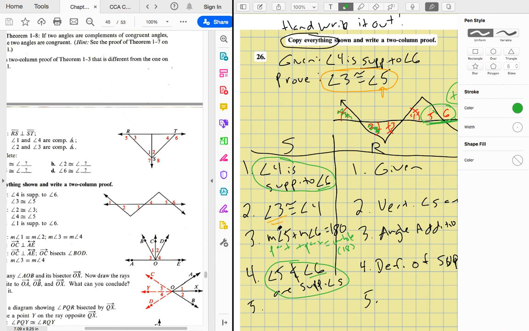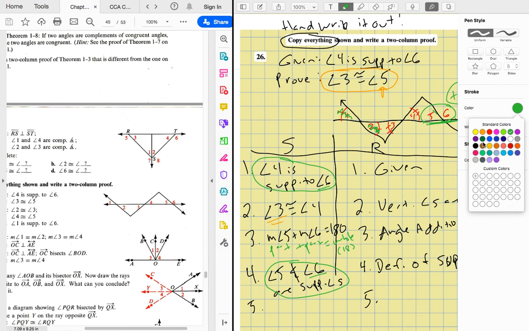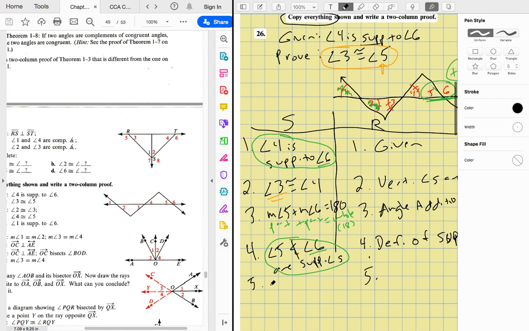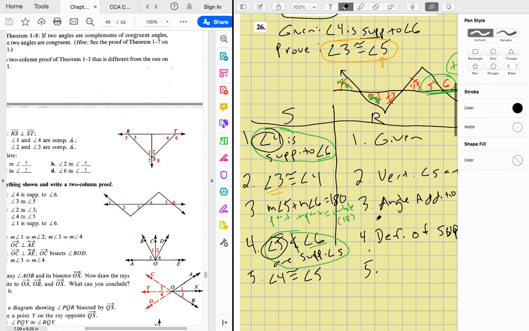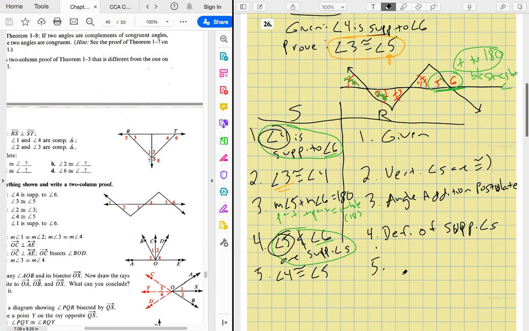So that means what about angle 4 and angle 5? Angle 4 and angle 5 are congruent to one another. So we can jump to that as a conclusion. Angle 4 is congruent to angle 5. And the reason for that is, look, they're both supplementary to angle 6. So the reason for that is